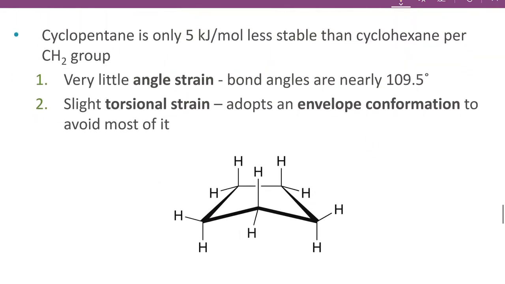When we get up to 5 carbons, we don't have as much angle strain. Remember, it was pretty close to that 109.5, and it even puckers a little bit to get a little bit closer. Okay, so cyclopentane is only 5 kilojoules per mole less stable than cyclohexane, and we're going to see that cyclohexane is pretty close to that 109.5. So cyclopentane adopts what's called an envelope conformation, so it puckers a little bit to get pretty close to that